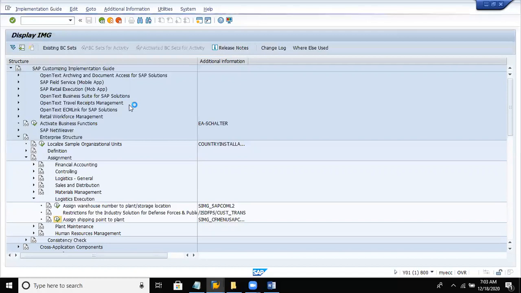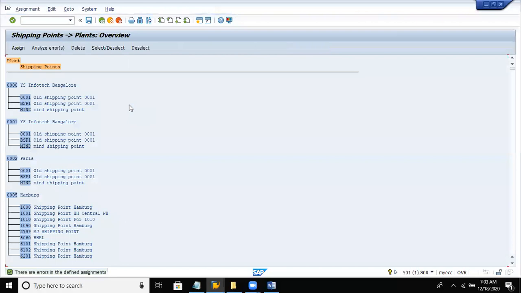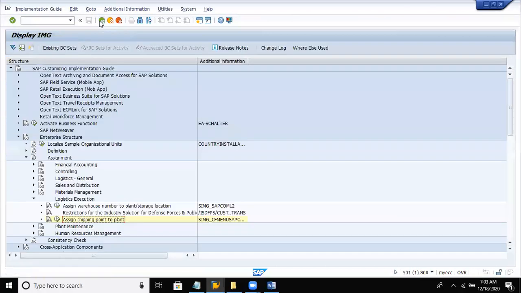So we have done successfully all the required enterprise structure settings even for the other submodules also. So here this is a navigation part, the shipping points to the plant. Basically when we are configuring in real time, we have to run an ABAP program to assign this tree-like structure. As of now, as we are in the training version, we are not integrated with any ABAP, but in the backend it will be done by default, the ABAP configuration with the shipping point configuration.